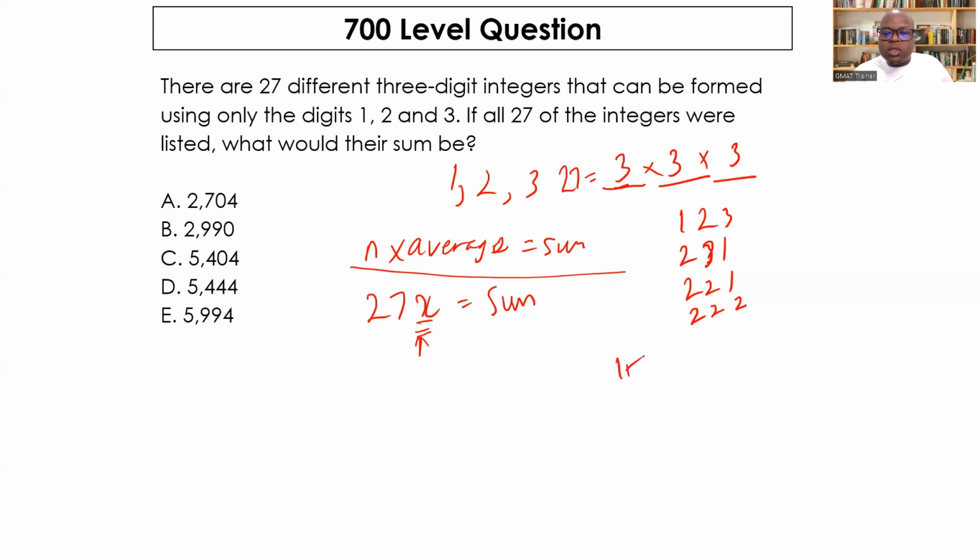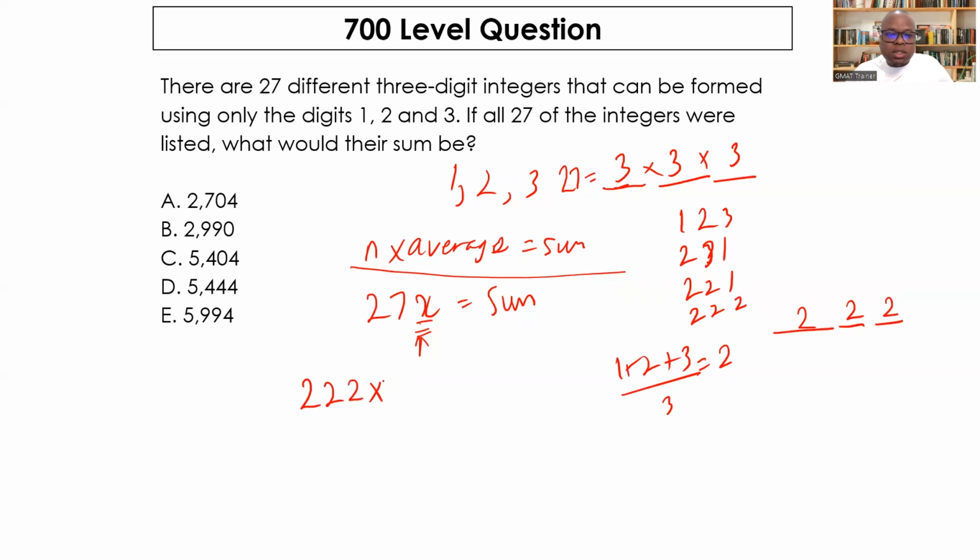Actually, that will be 1 plus 2 plus 3 divided by 3. It will be equal to 2. So the first position will have an average of 2. Second position has an average of 2. Third position has an average of 2. Because they're the same value all through. They're appearing in exactly the same way. So the average of these 27 digits will end up being